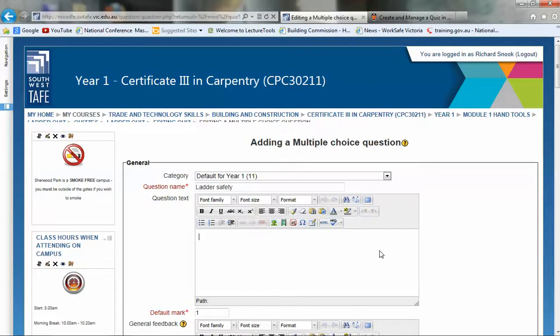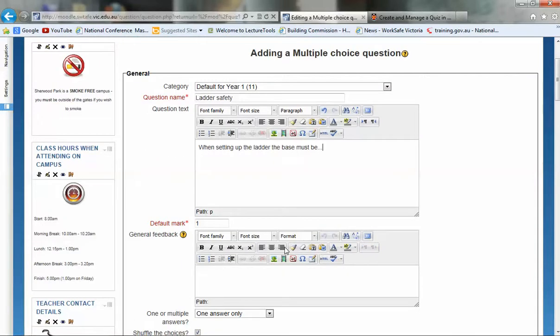So the question text is just the question we want to ask. So let's make a question about how we site our ladder. So when setting up the ladder, the base must be, is our question. Our default mark is 1. Our general feedback will be, we can enter in well done,